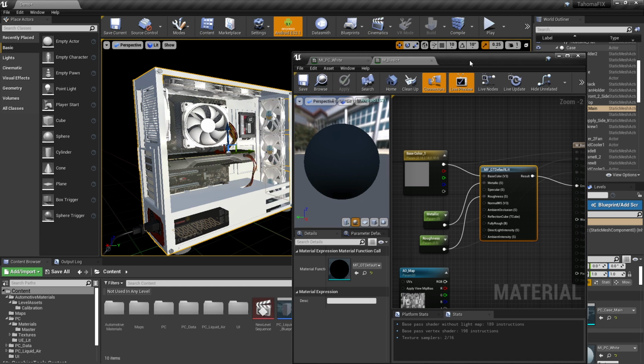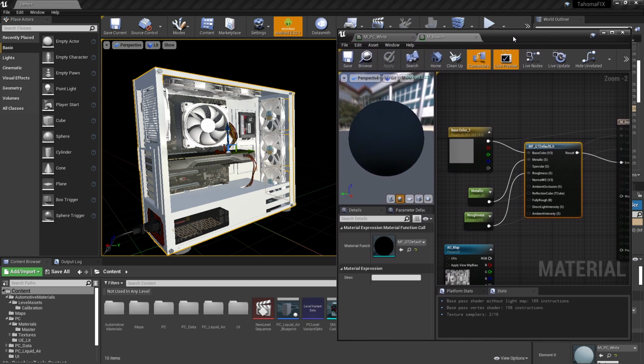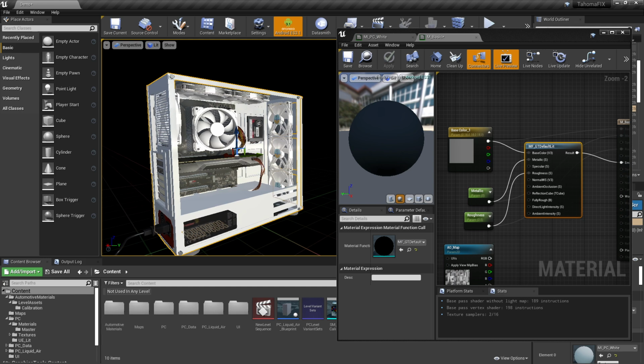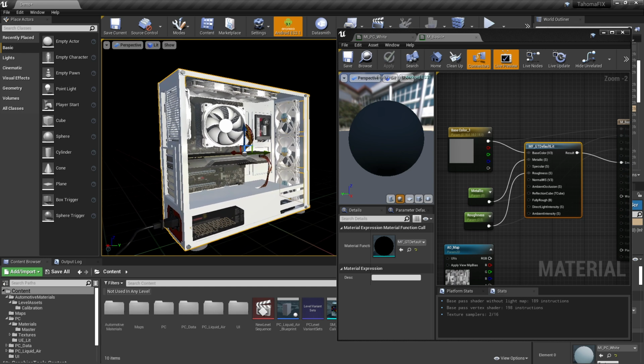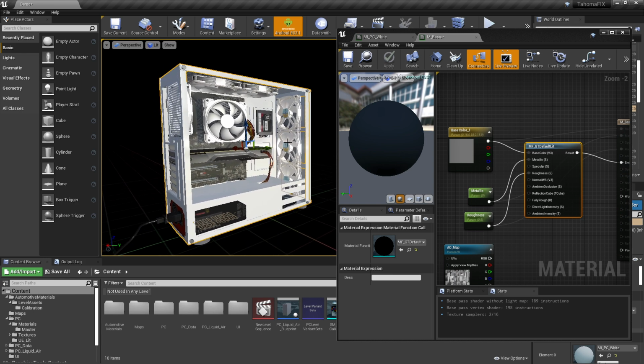Now, really what I did to get the overall lighting for this, I was playing around a lot with ambient occlusion. And what I ended up doing was taking all these components of the PC out of Maya into Substance Painter and baking lighting maps in Substance Painter that were very broad to give me this nice diffuse lighting model. So let's check that out right now.